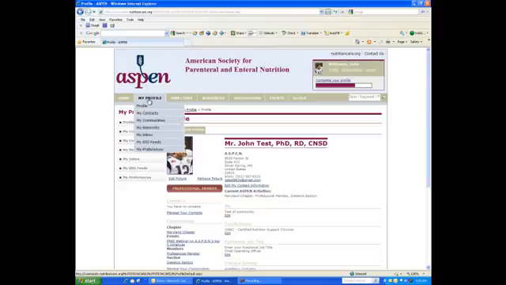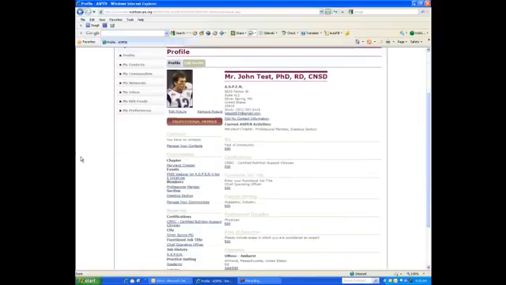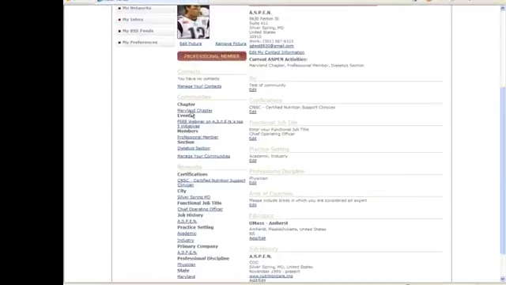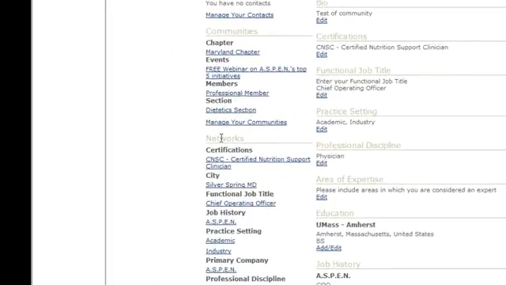So from your profile page, if you go under My Profile, you'll notice on the left-hand side you have a bunch of different areas. We have your communities and your networks. First, a brief explanation of the difference between the two. Networks are groups that are automatically built based on the certifications, interests, job history, education, etc. that you specified in your profile. You can find people who share your background and interests or discover common background and interests among your existing contacts, and we'll go into that in just a few moments.